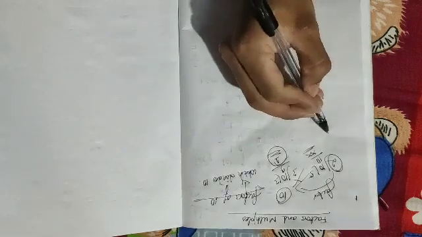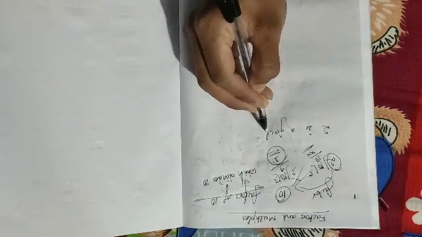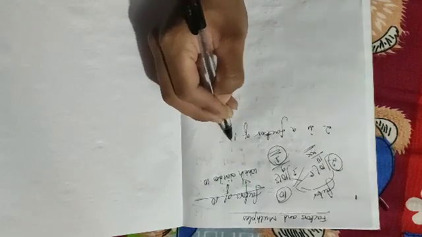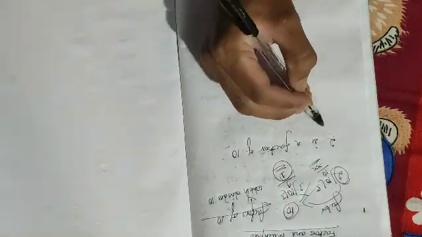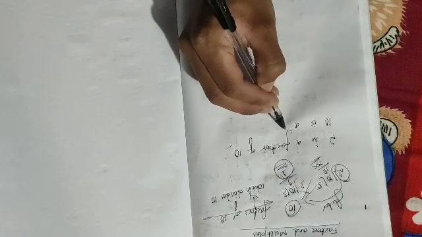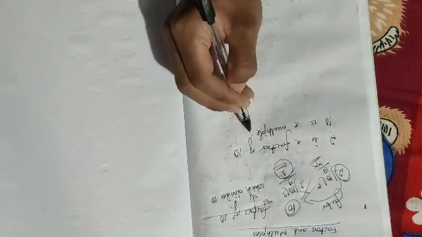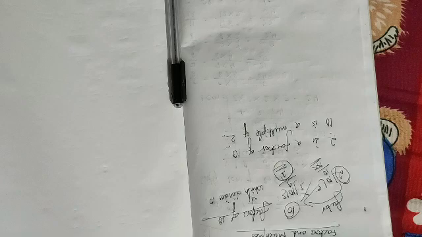For example, I told you 2 is a factor of 10, meaning if I divide 10 by 2, then the remainder will be 0. Then if 2 is a factor of 10, then 10 will be a multiple of 2. Just the opposite. 2 is a factor of 10 means 10 is a multiple of 2. They are interrelated in that way. So this is the concept of factors and multiples.